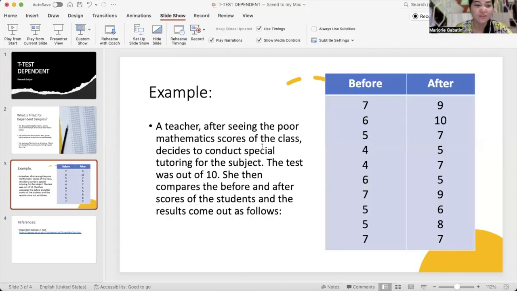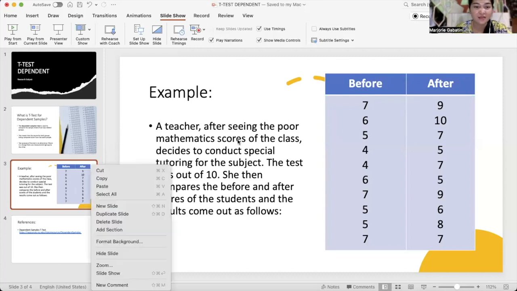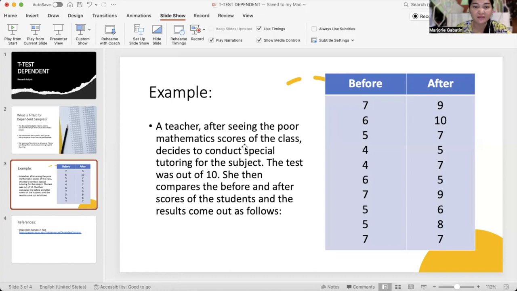With this, we can now say that there is a significant difference between the mathematics scores of the class before and after the conduct of special tutoring.